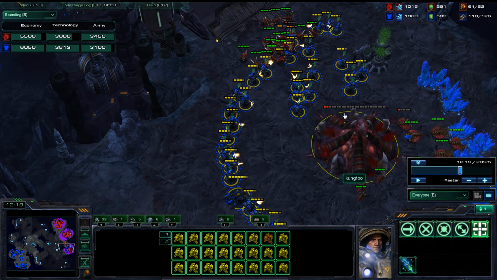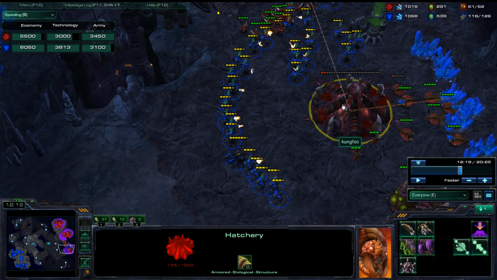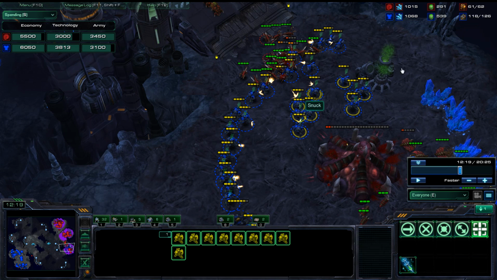So what you want to do is exactly what you did. Look how good this spread is. And this is called the auto spread. When you right click on a hatchery, your Marines are going to automatically form this giant arc. So what you do is you right click on the hatchery, take these guys and spread them out just like you did,